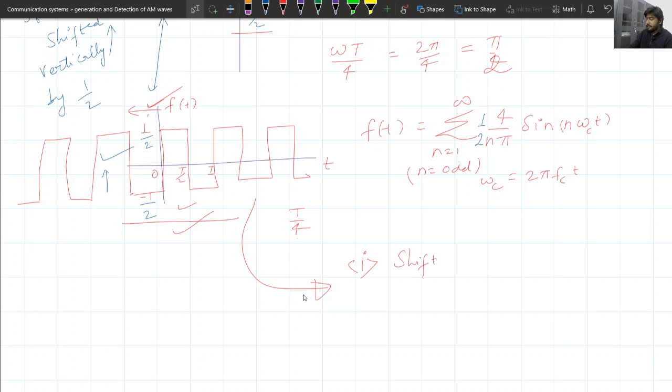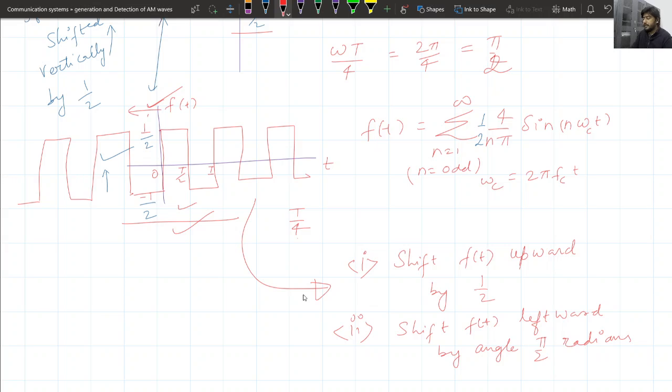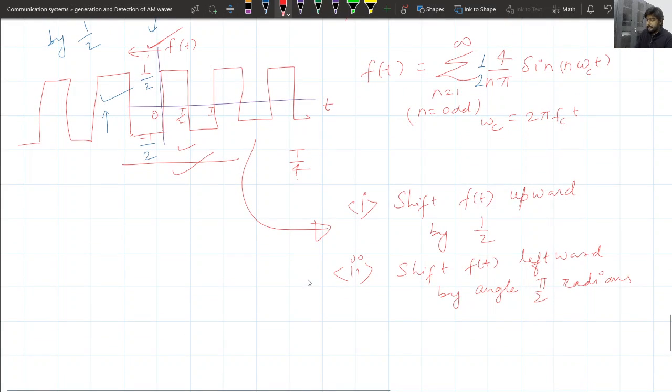Shift xp(t) upward by 1 by 2, and shift xp(t) leftward by angle pi by 2 radians, right? So now if you want to write the equation or the Fourier series representation of xp(t),